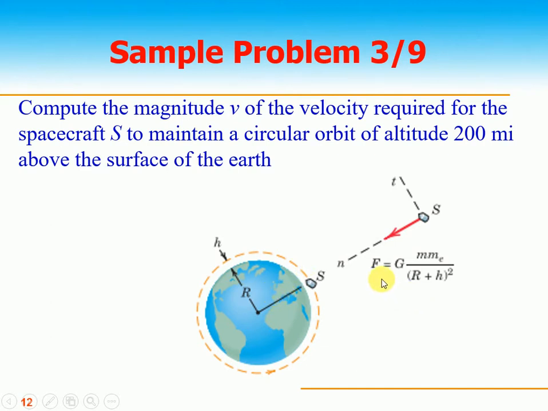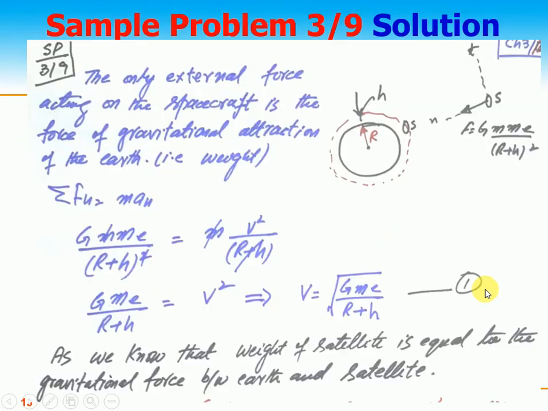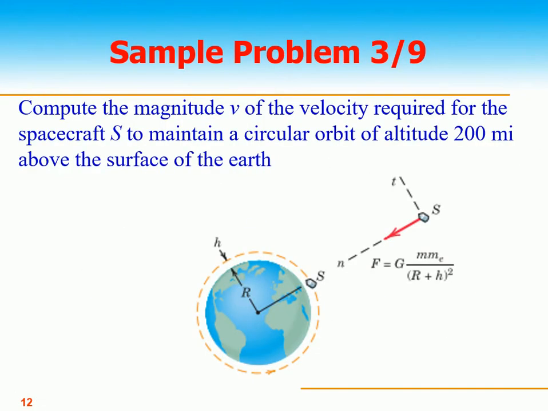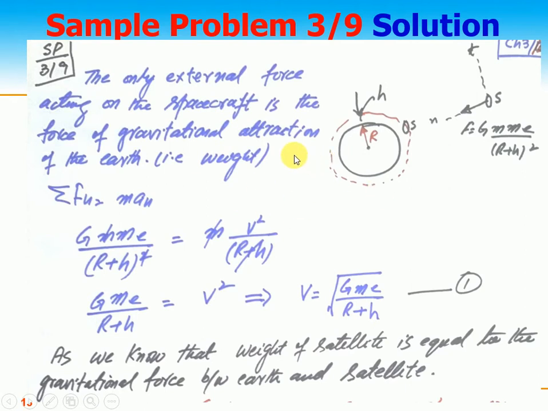We know that the force of attraction between the satellite and the Earth, according to Newton's law of gravitation, is G m me over (r plus h) whole square. Here m is the mass of the satellite, me is the mass of the Earth, and the distance between them is r plus h. So that is the case to solve the problem. The only exerted force is the gravitational force, which is towards the normal direction. So F of n is equal to m an. We know G m me over (r plus h) whole square is equal to m v square upon r plus h. And dear students, the mass will cancel out, and one of the r plus h is cancelled.